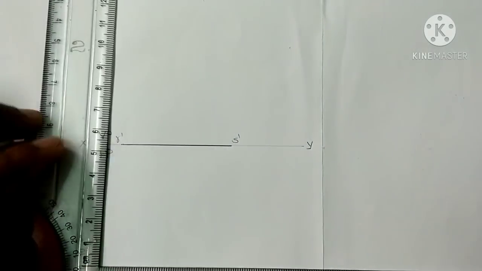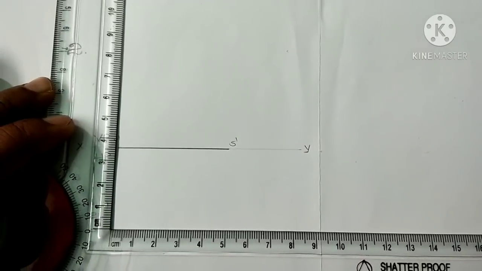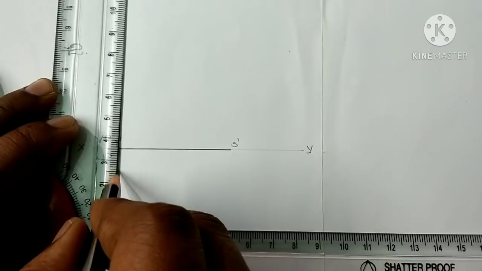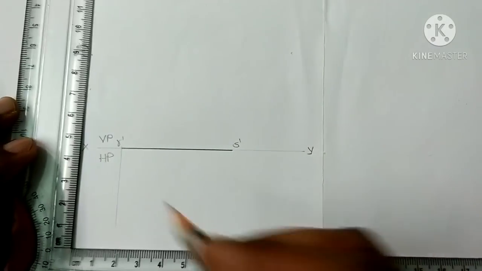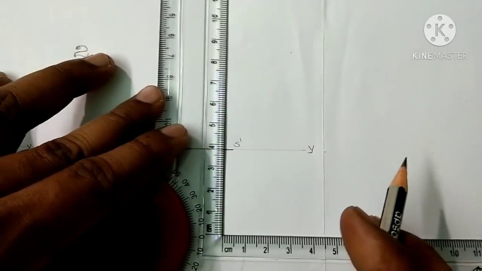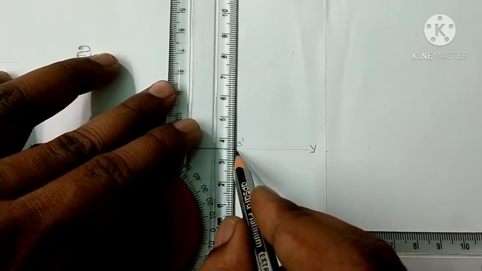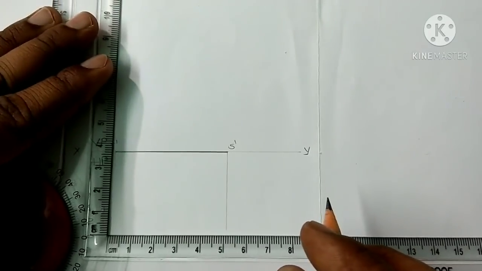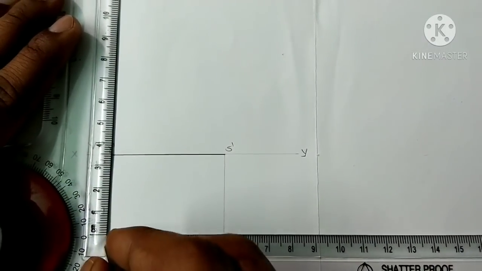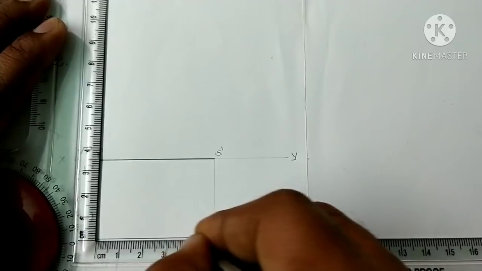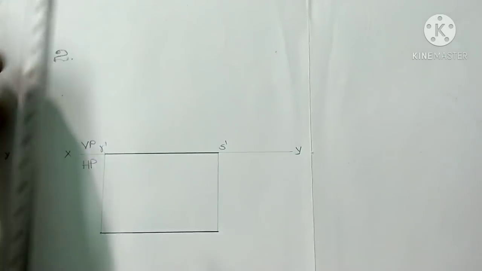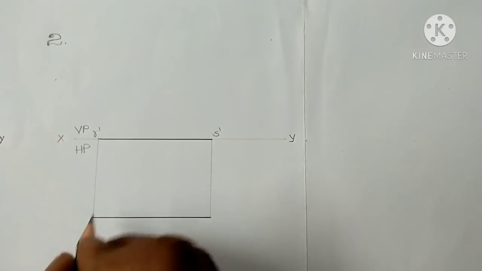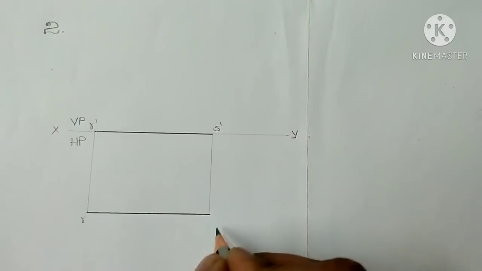And after that, the line is located 35 mm in front of the VP. So that is why here I am going to project it 35 mm below the reference line. That is the projector of R. Similarly, here I am projecting the second end of the line. So here we got 2 points. We can join both the points with an HB pencil. Yeah, only projections with an HB pencil. This line, 2H pencil. And R dash becomes a small r, S dash becomes a small s.